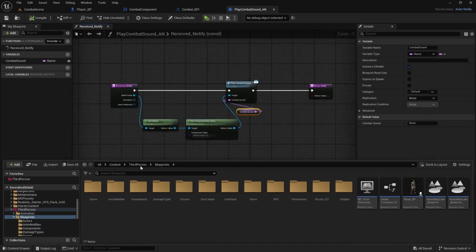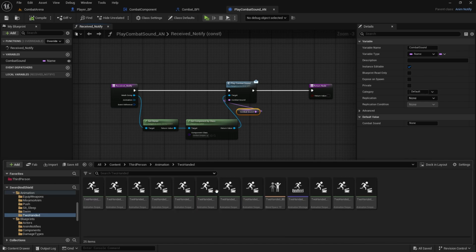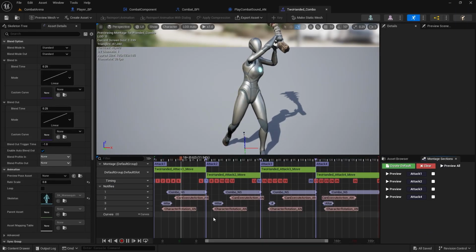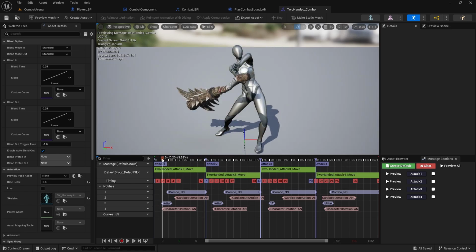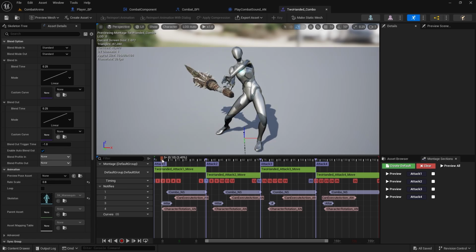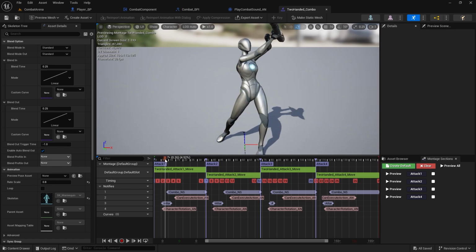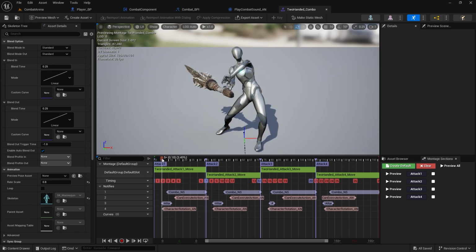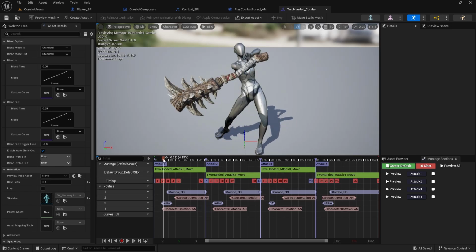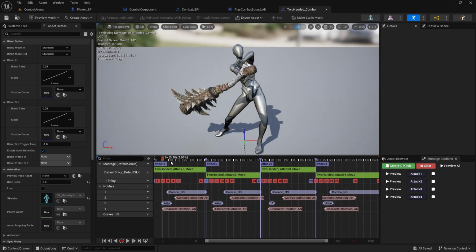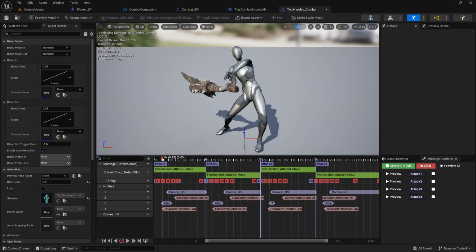Now compile it and save it, and now let's set it up on our combat montage. So let's go to blueprints, third person, animations, 200 and open 200 combo, and what we want to do is just set it up a little bit before the actual attack. The reason is because right when the attack starts, he's already swinging the weapon, and the sound will actually start playing. So when he swings the weapon, it will be at the correct timing when the sound plays. So just before the attack,